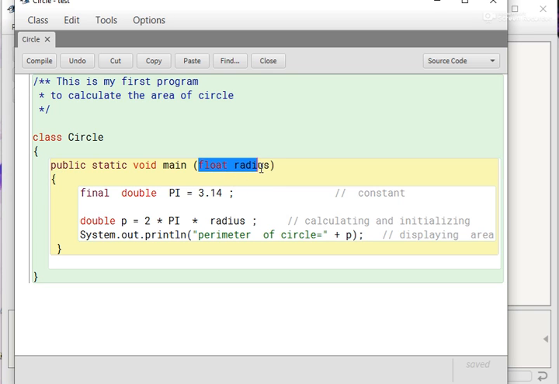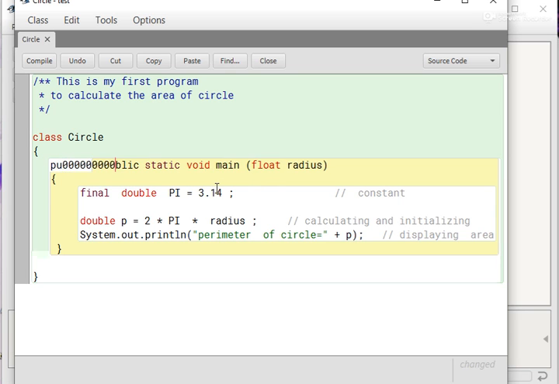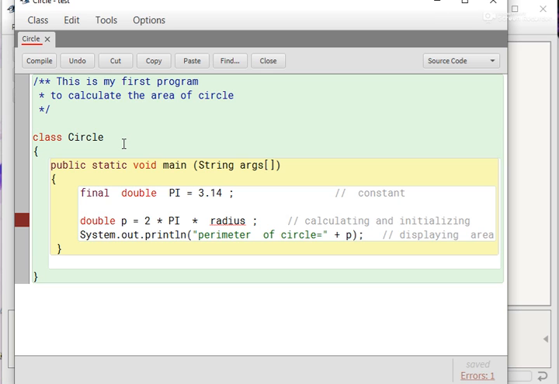First, we change this variable back to string args so that it can be run anywhere. Now import the scanner class.